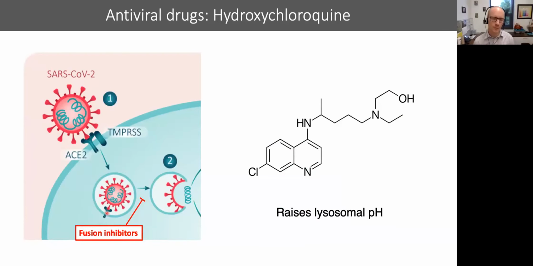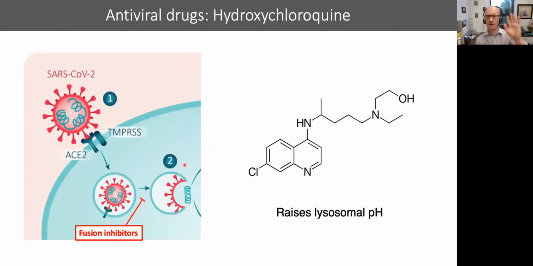So you may remember from before that low pH, kind of an acidic environment, is one of the triggers for the virus to fuse and deliver its genetic material inside the cell. So the thinking has been that if hydroxychloroquine can increase the pH inside the endosome, that maybe that will reduce the likelihood that SARS-CoV-2 will be triggered to deliver its genetic material. So fusion would be stopped, and then replication would be stopped. So this is not a bad strategy, and definitely worth investigating.